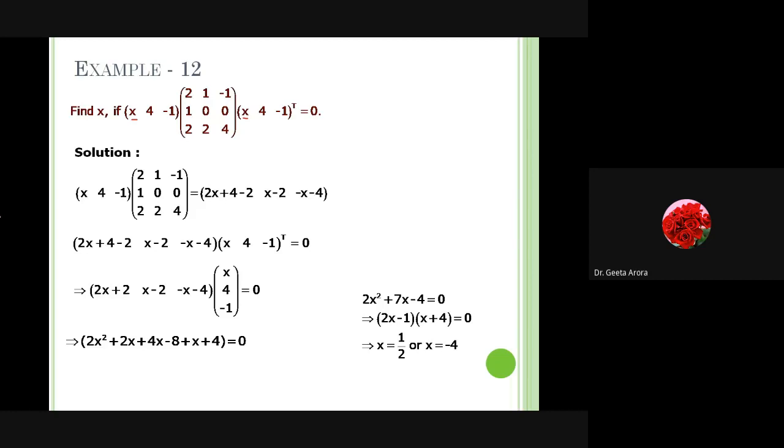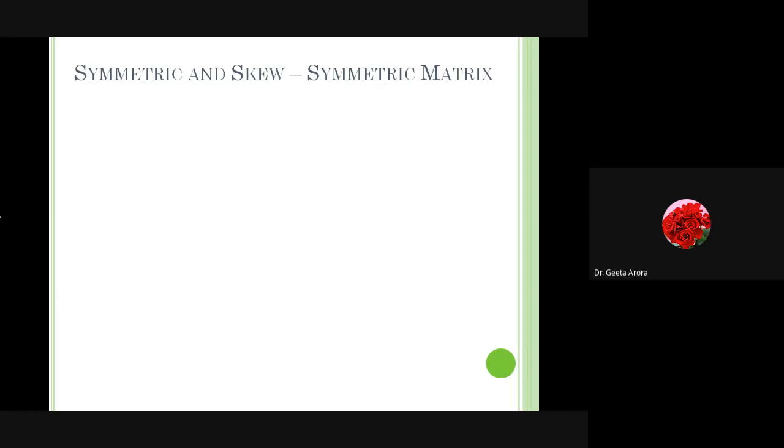It depends upon which type of matrices you are working with and which product you have to obtain. Just by following the rules of the product and comparing it with 0, you have to find the unknown element. Correct? So again you have to do it and check whether x is coming as 1 by 2 or minus 4. What we actually need in this question is the knowledge of the product rule and the transpose.